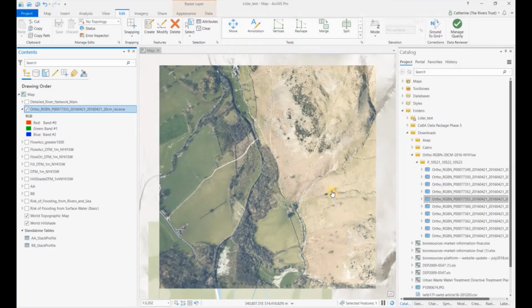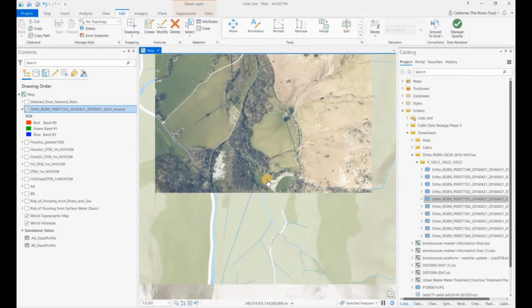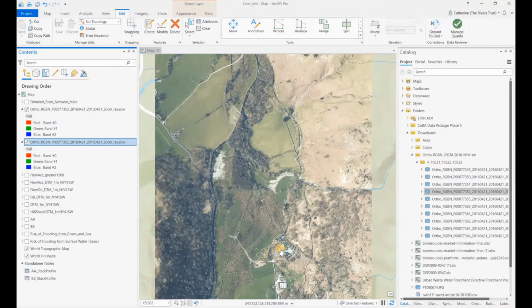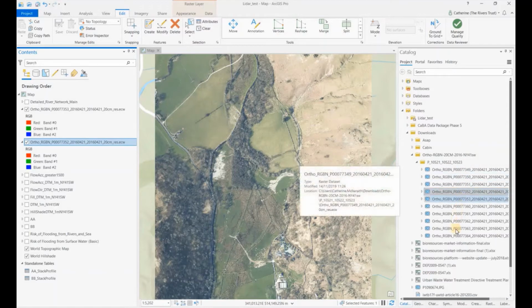So as you can see, it's pretty highly detailed. But say I'm actually interested in this area that crosses over between two tiles. So I know if we add this one as well, I quite like to mosaic these together, so I've got a single orthophoto. You could mosaic all of these